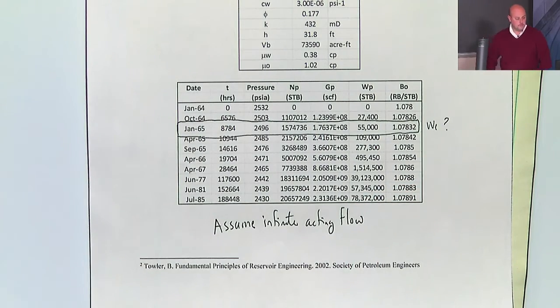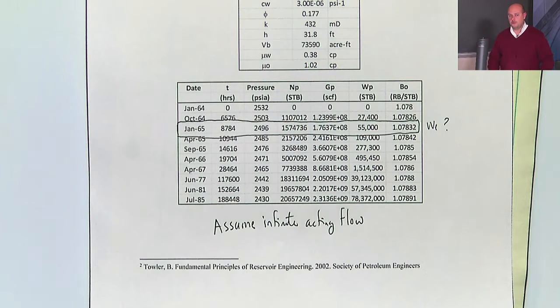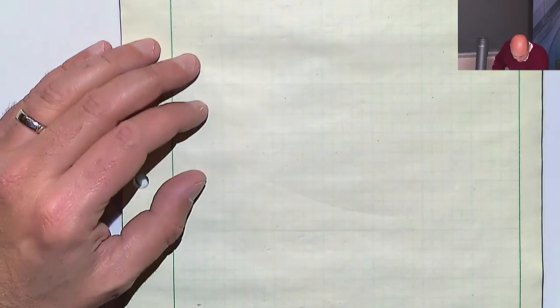Okay, so we'll assume infinite acting flow. That means that the radius of the aquifer is much, much bigger than the radius of the reservoir, and that might change what equations and plots and things we can use. So the solution